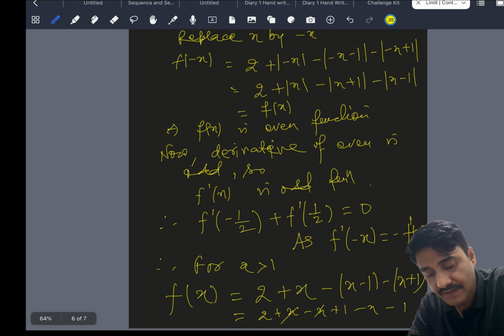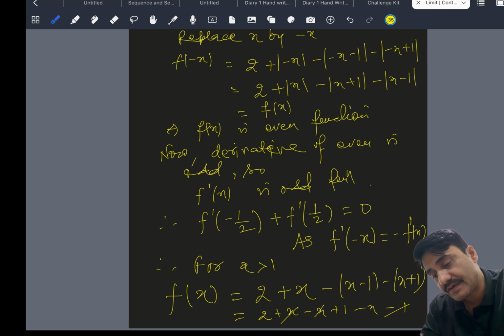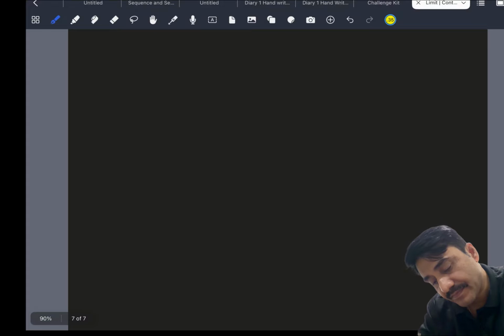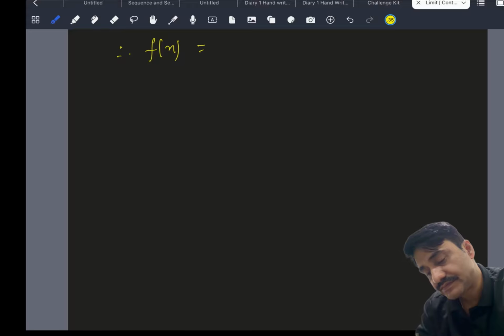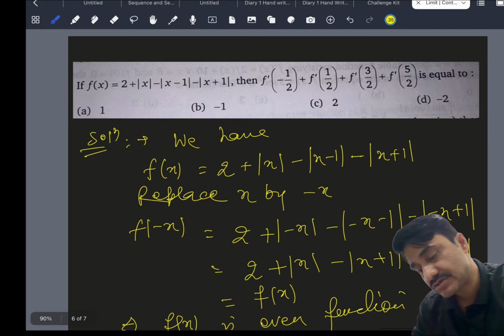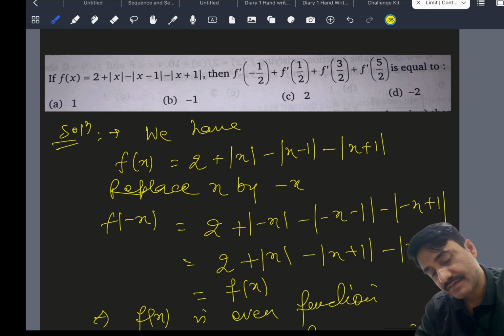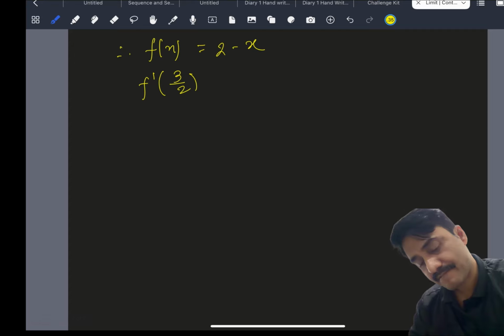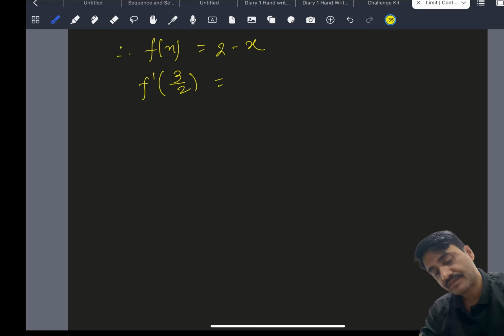for x greater than 1, f(x) is equal to 2 plus x plus x minus 1 minus x plus 1, and this is 2 plus x plus x minus 1 minus x plus 1. So this is